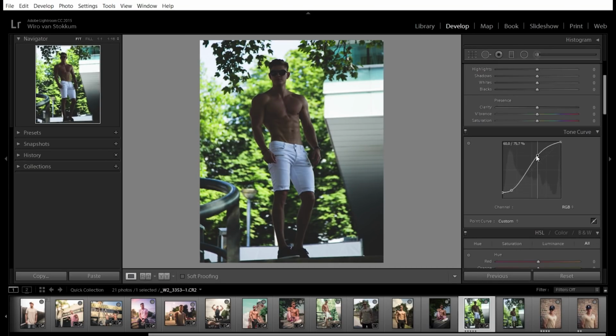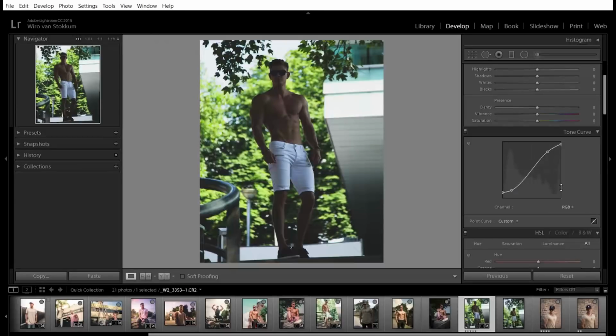Okay, I'm gonna give this a basic curve right now. The higher highlight parts are lit up a bit for extra contrast. And then I'm gonna lower the really white parts of the picture, also to give it less of a digital look. If you've got extreme blacks and extreme whites, the picture will have less of that vintage look. I might come back to this tone curve, but first I'm gonna go to the upper part,